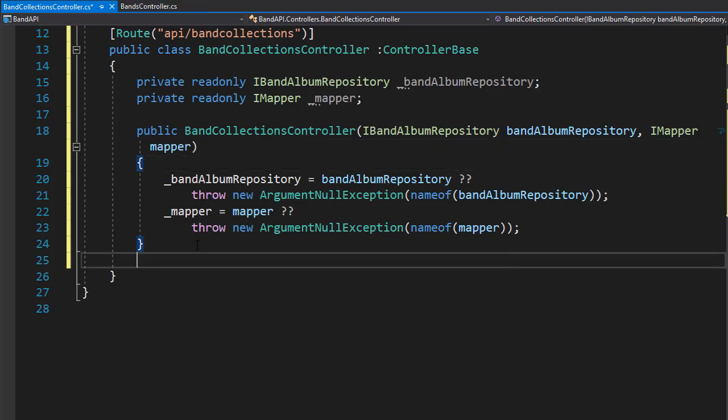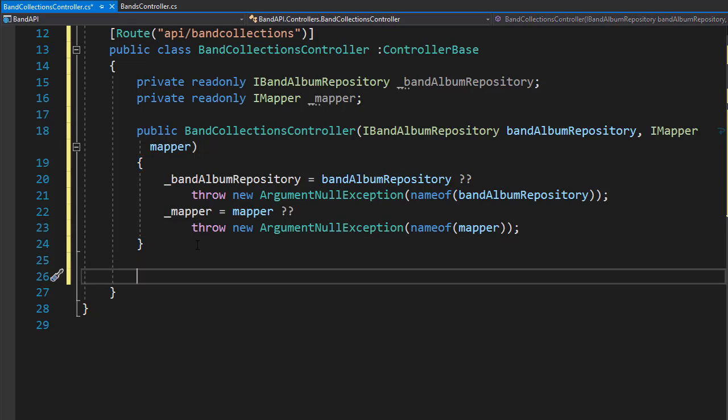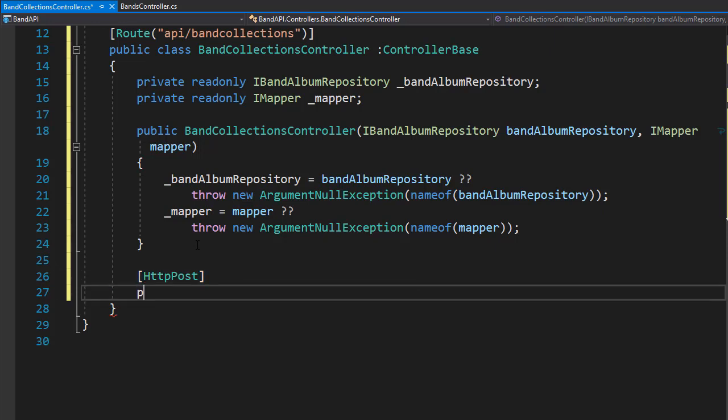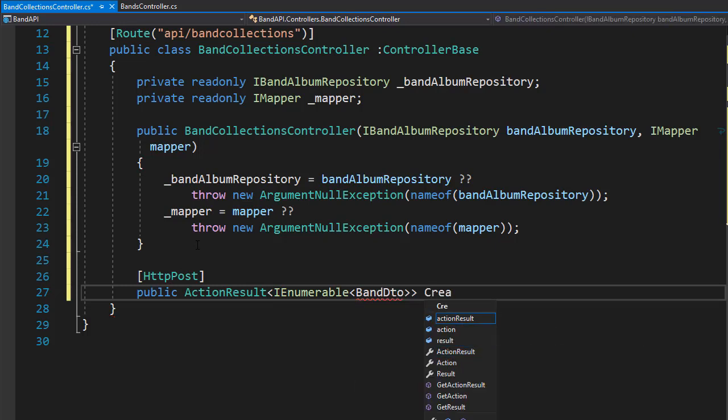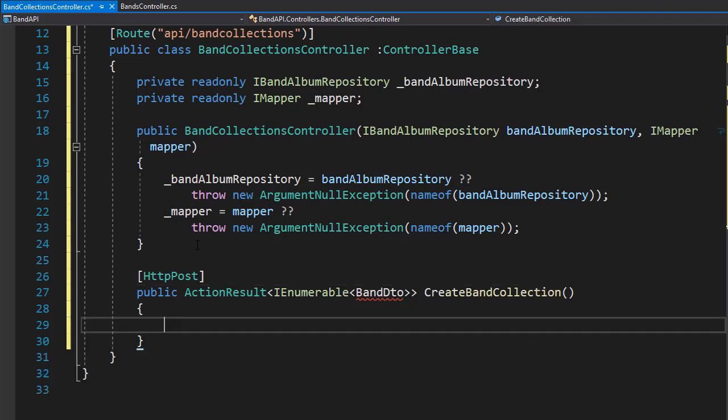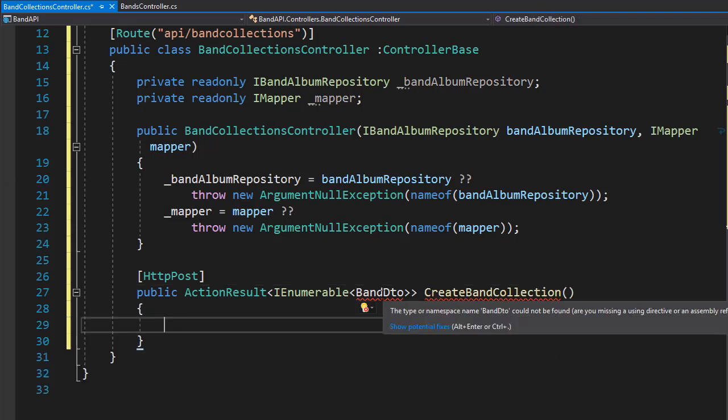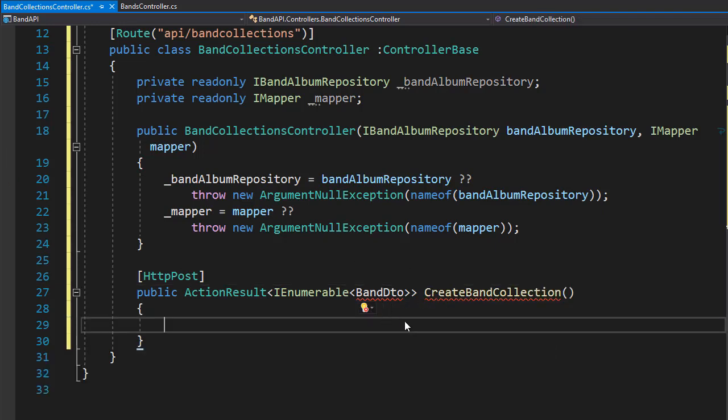So let's create our action, and since we are going to create new bands, it's going to be HTTP post, and it's going to be a public action, and it's going to be again action result because it's going to be of type band DTO, and it's going to be a collection of band DTO. So it's IEnumerable of type band DTO, and I'll call this create band collection. So let's bring in the namespace for band DTO, which is in the models folder,